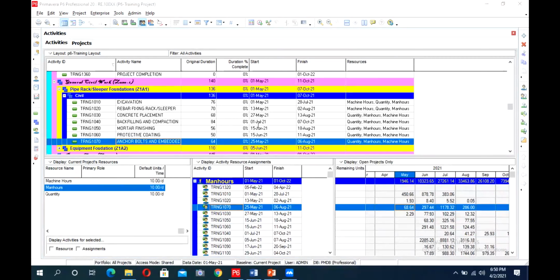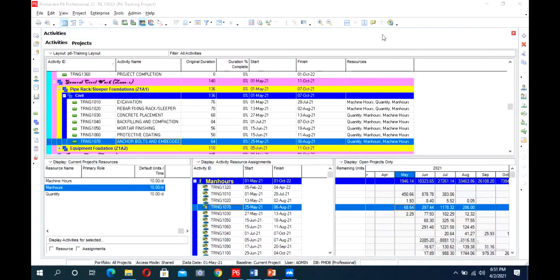Hamza, you are asking what the primary resource is, like you have checked on man hours here. These are our primary resources which we have added here: man hours, machines, and quantities. No, but out of these three resources, you have just checked the man hours option.